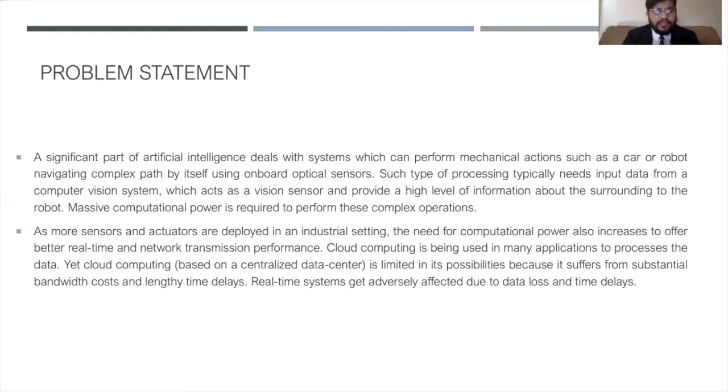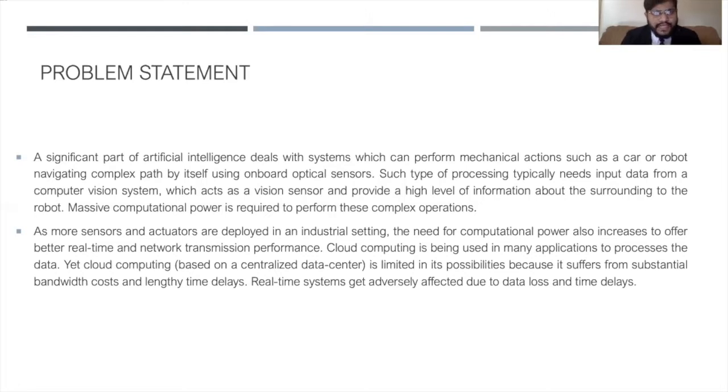But there are two main key problems with this approach. The first problem is that there's a bandwidth cost, like someone has to pay for the data transfer. And secondly, as we know that autonomous cars have a number of sensors, as the number and the complexity of these sensors increases, the amount of data which needs to be processed in real time also increases. So to remedy this problem, an alternative to cloud computing is edge computing.